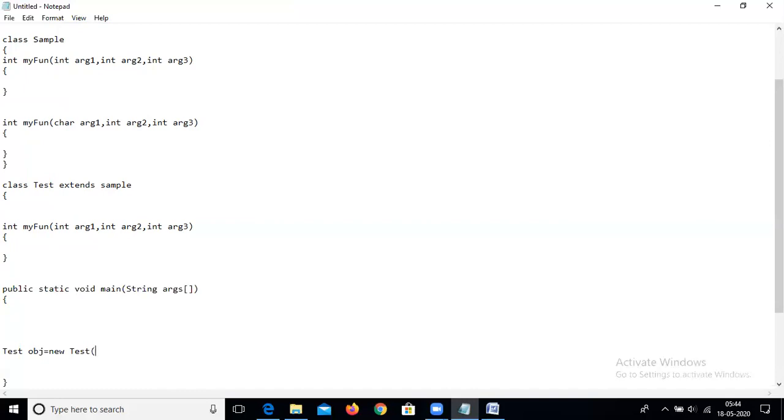Now, if I pass arguments like 10, 20, 30, sorry, it is like this. I'm calling the constructor type. This is not the way of calling the function. A function can be called by using the object instance and the dot operator.